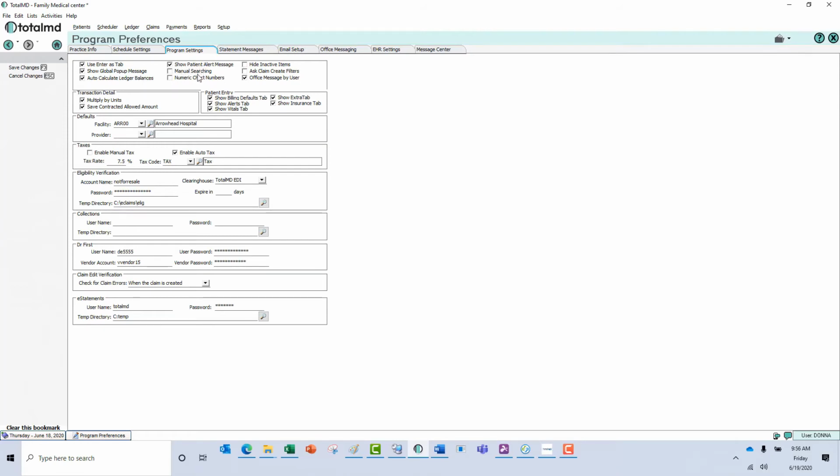Manual searching will allow a certain type of searching that we'll cover in another video. Numeric chart numbers will make the chart number 00001 and so forth, rather than being the first 3 letters of the last name, the first 2 letters of the first name, and a 3-digit number. Hide inactive items will hide anything in the system that is inactive. I don't suggest clicking that here,